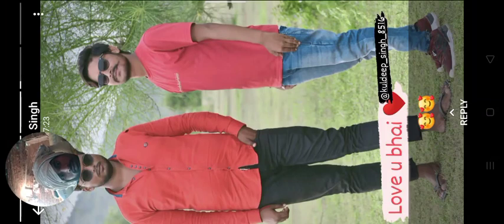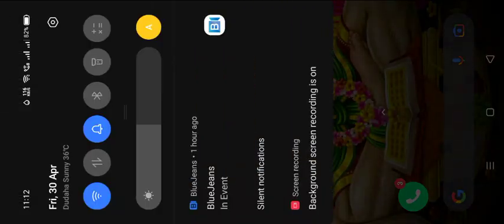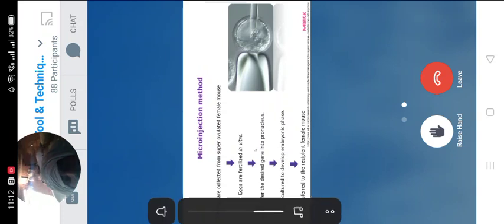And then finally develop to the embryonic phase. Right? And finally transfer to the recipient. So first you have to collect the eggs, then you have to fertilize them in vitro. Then at the single cell stage you have to transfer the transgene into either the male nucleus or female nucleus. Then these eggs will be cultivated in vitro to the blastocyst stage, and then finally they will be transferred into the recipient female mice. Right? So let's understand.